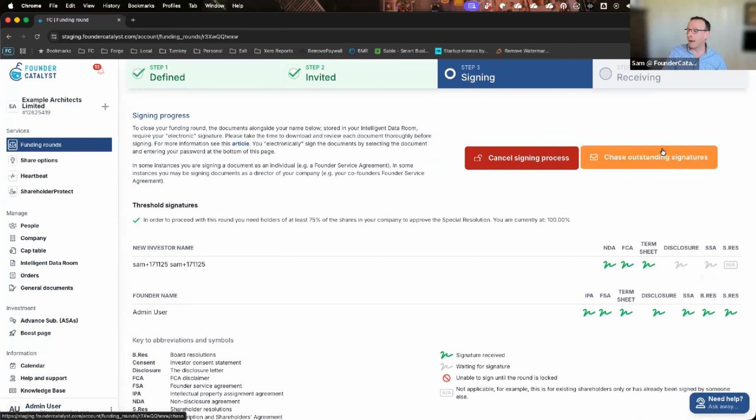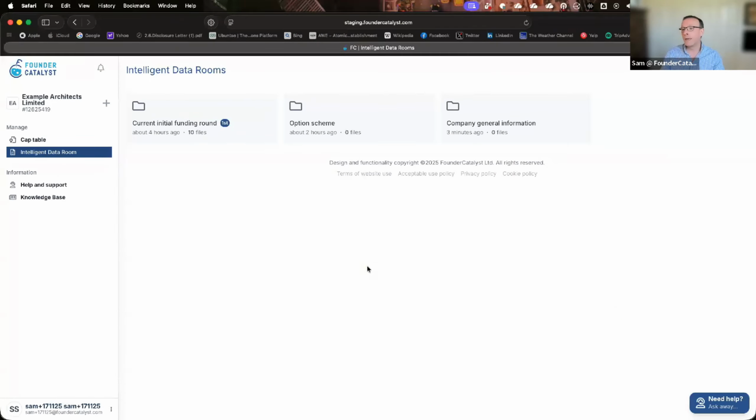Now, what you can do, it's like herding cats. You can imagine if you've got 20 investors, sometimes it's really painful. So we've got a useful nudge button here, which just chases everybody for a signature if they haven't already done so. If I flip around now to the investor page again and click refresh, you can see we've got 2